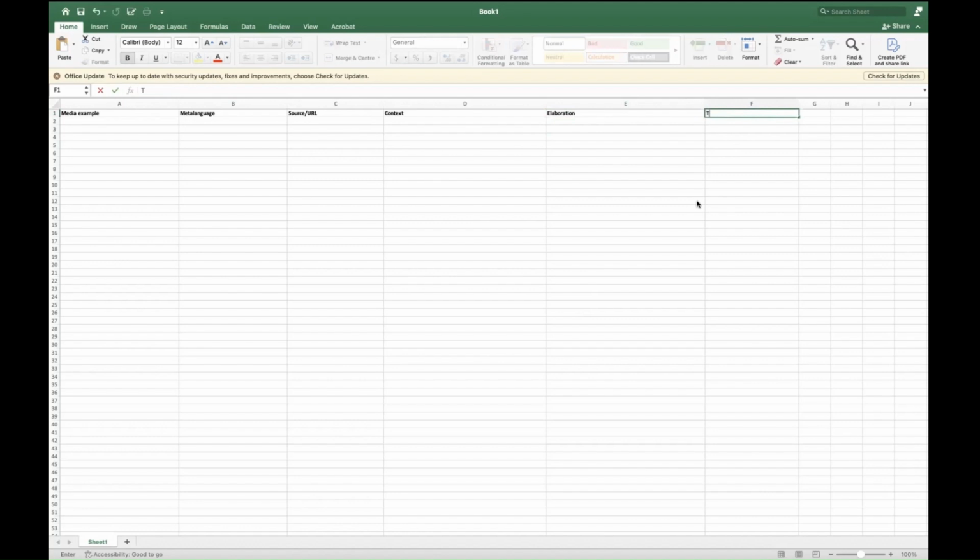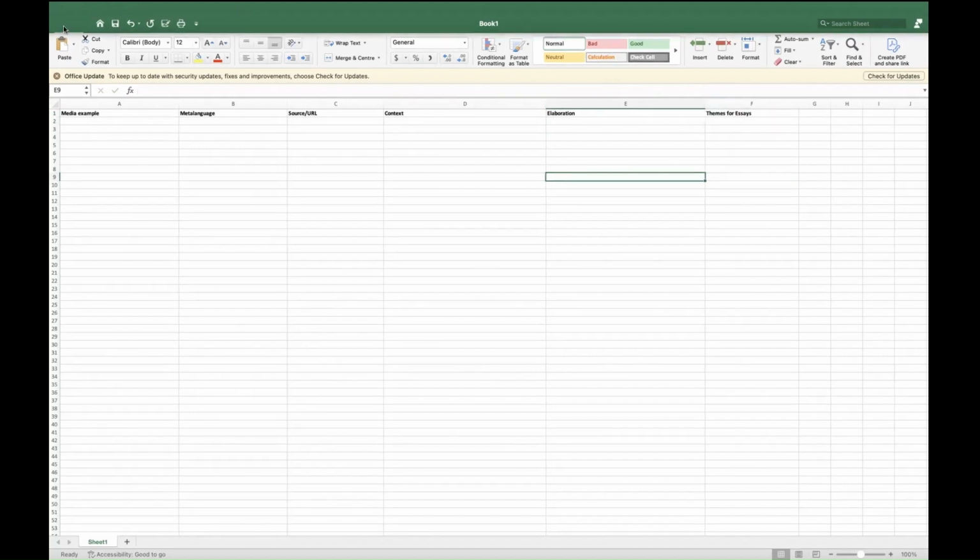And F, theme for essays. So example, meta language, source, context, elaboration, themes. You want to get it set up already because it will help you a lot later on.